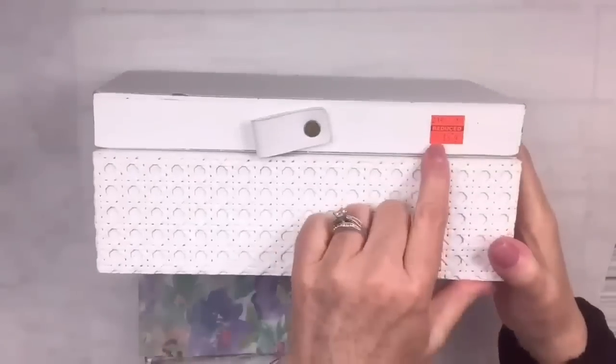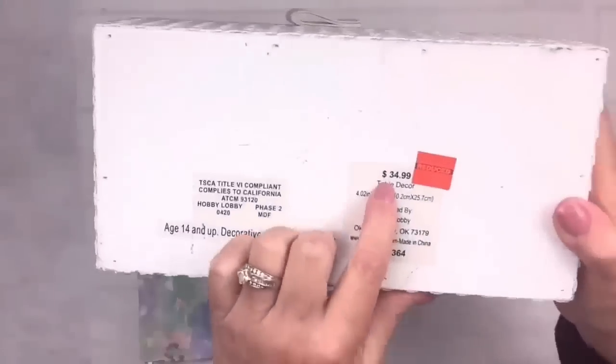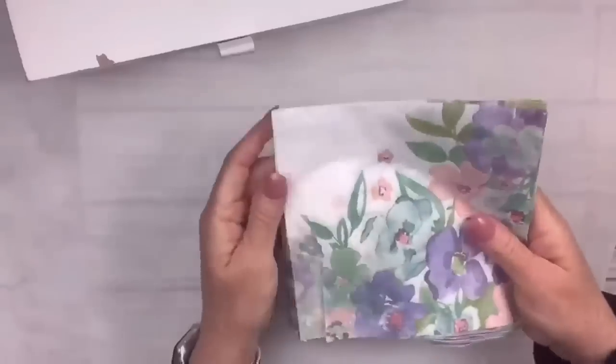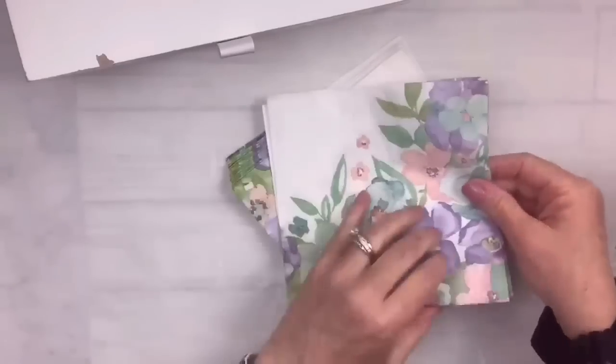This box at Hobby Lobby. It was on clearance, it was under $8, and then originally I think it was $39. Beautiful. It's got cane on the side. It's a nice box. It's got a little bit of faux leather for the handle,